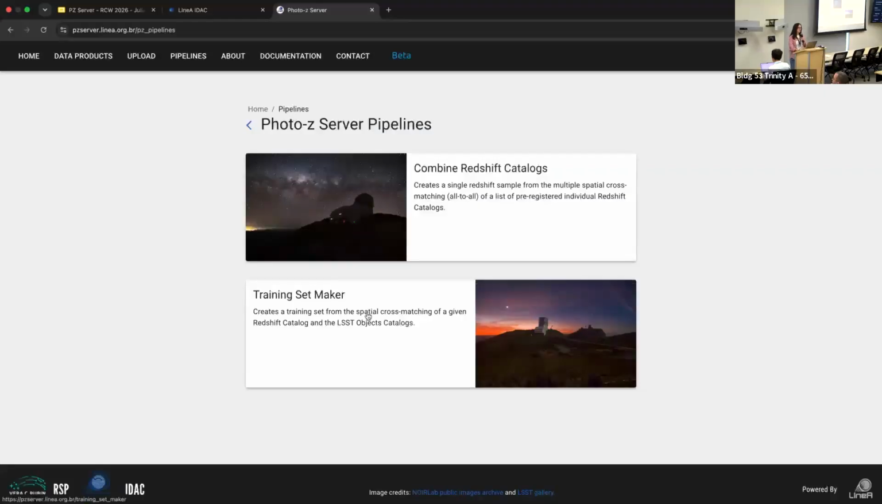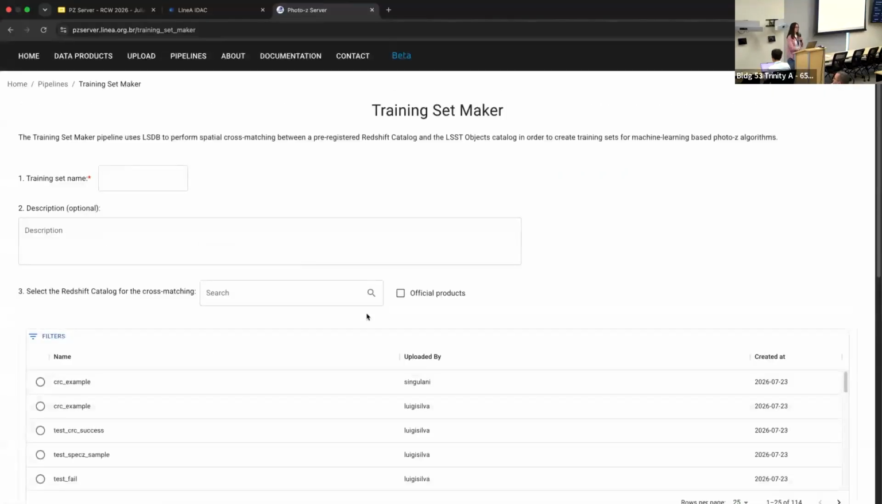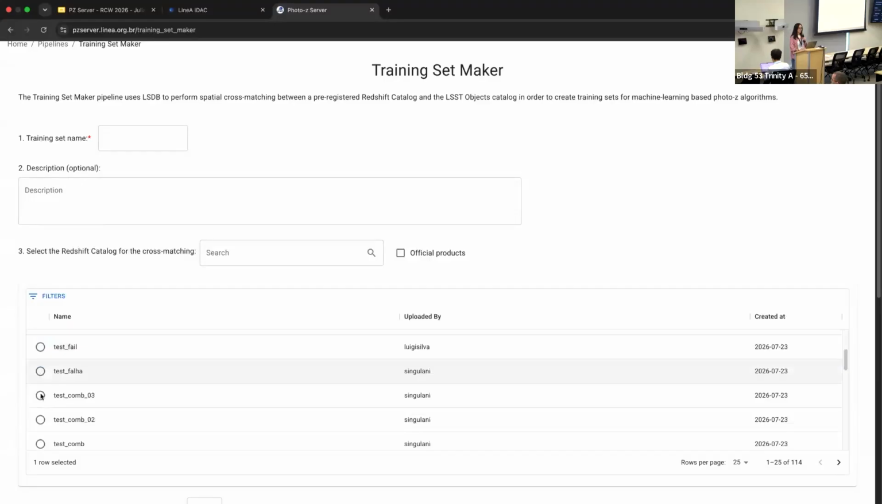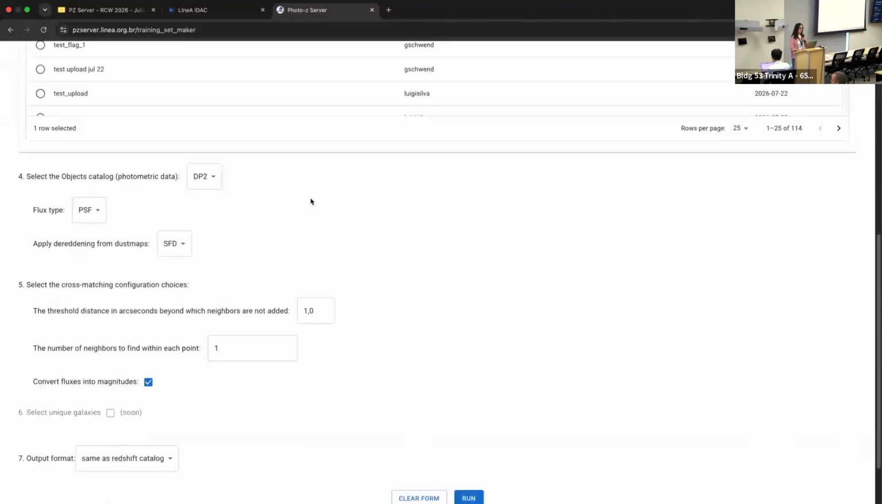And the second one is the training set maker, also a cross-matching pipeline. This time you select just one reference redshift catalog, which can be an individual one or a compilation, and one LSST release. So it will match your catalog with the Rubin LSST object catalog. For now, we already have DP2 there because of the release of the HATS collections, the object collection released by Rubin. For now, we have only the PSF magnitudes, but when we receive the complete object catalog,